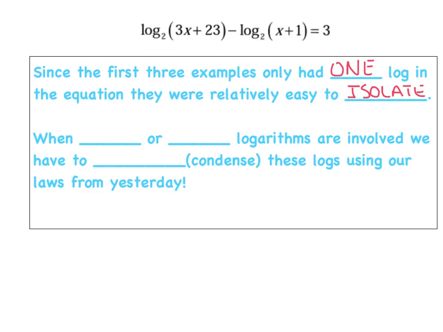So we've got one term here minus a second term there. They both have a log. So what do we do when we have multiple logs within the equation? Well, let's see here. When we have two or more